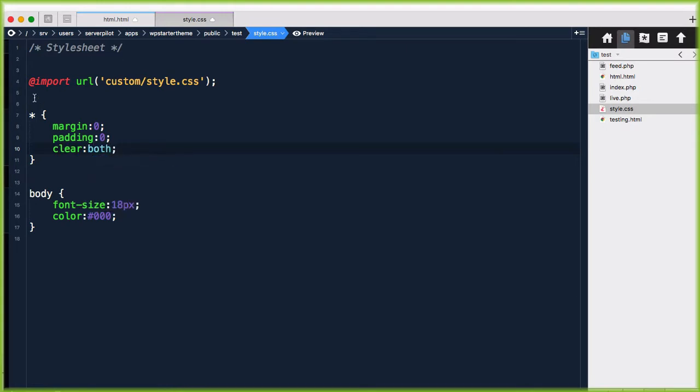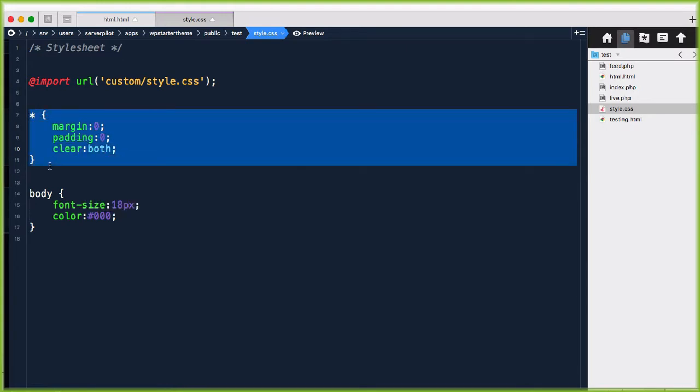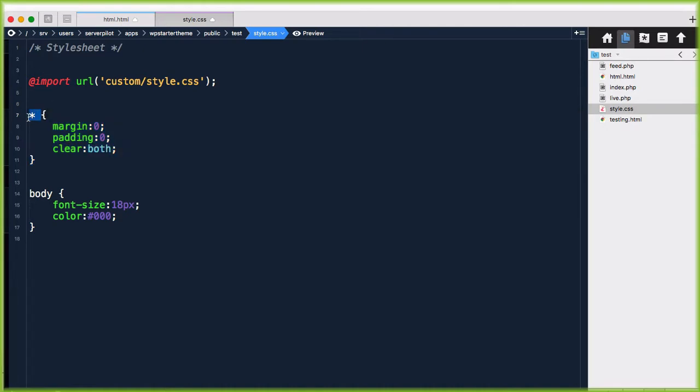You know, the kind of idea that at the very top of a document, it's trying to make sure there's no hidden padding, there's no hidden margins, there's no hidden floats, you know, aligning things improperly. It's trying to say, we're going to apply this to everything. And then if we turn around and we add a padding of 25 pixels here, well, the body tag is going to override the universal selector